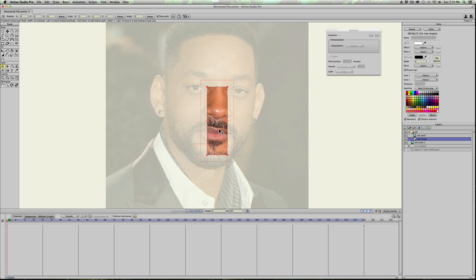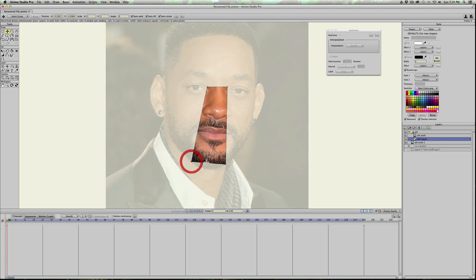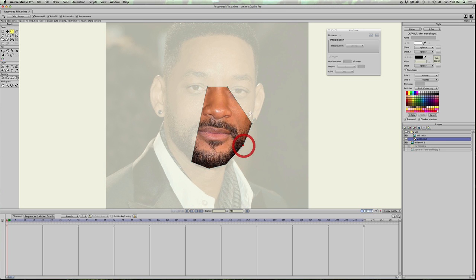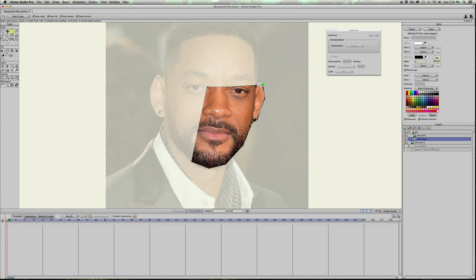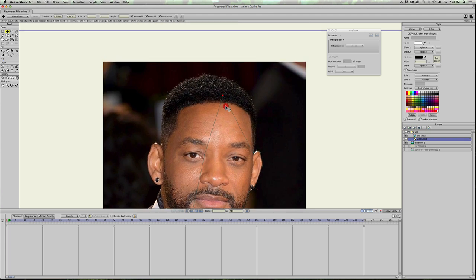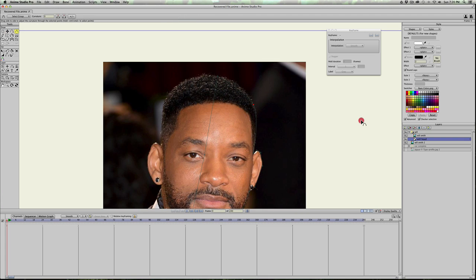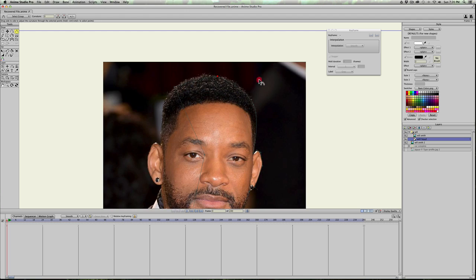I'm gonna go in, hit T, grab the points that I want, A to add new points, just go around his face really quick. A to add, and once you hit add once, you can just keep clicking on the line and it'll keep adding more. But now I'm hitting T to move some, and curve that out. Oops. A, curve the top of his head out a little bit,